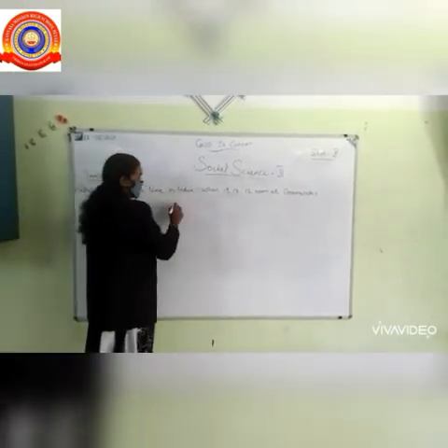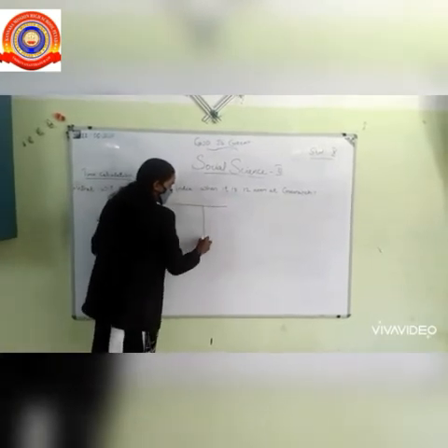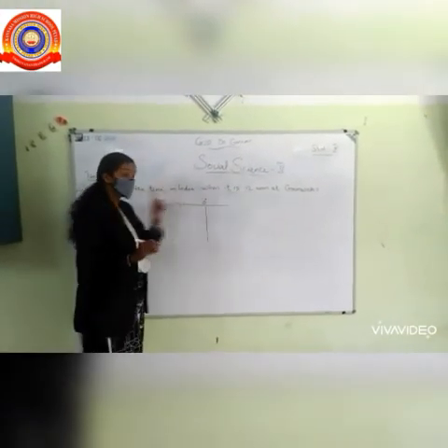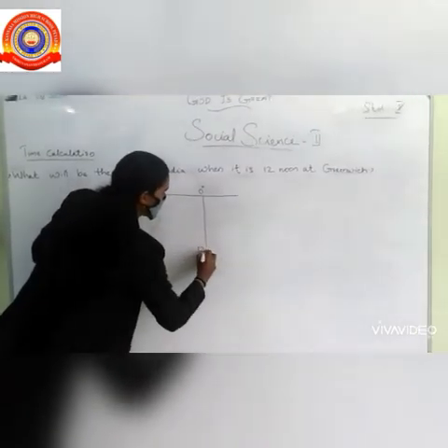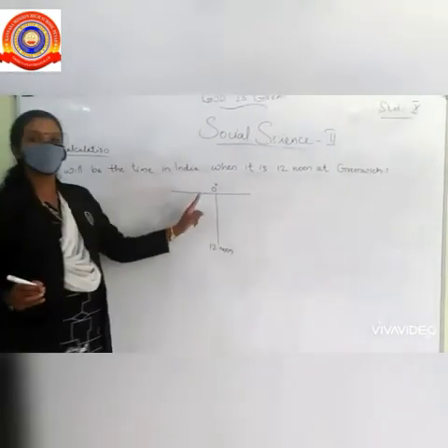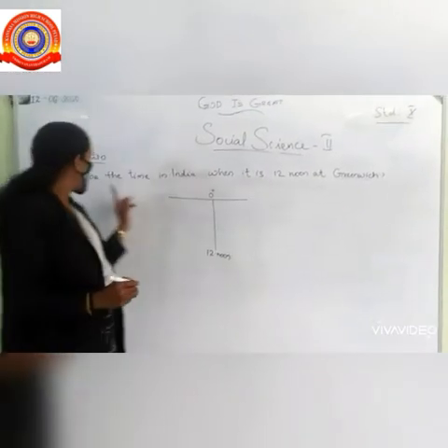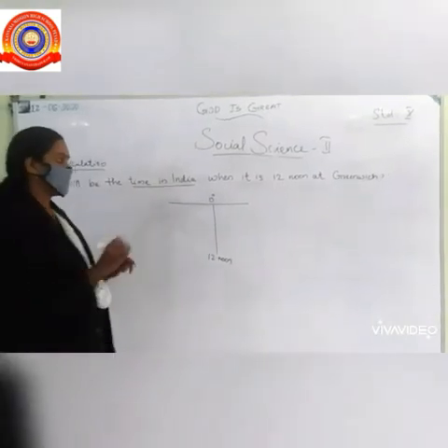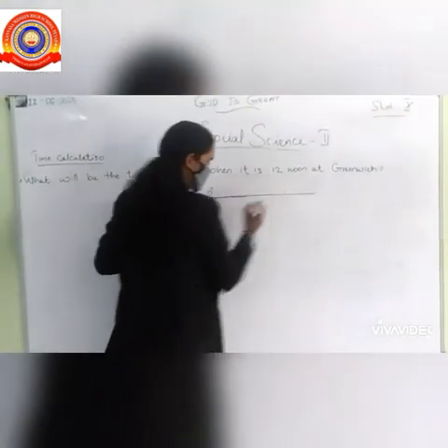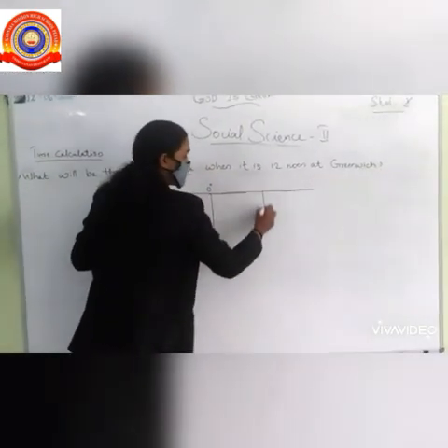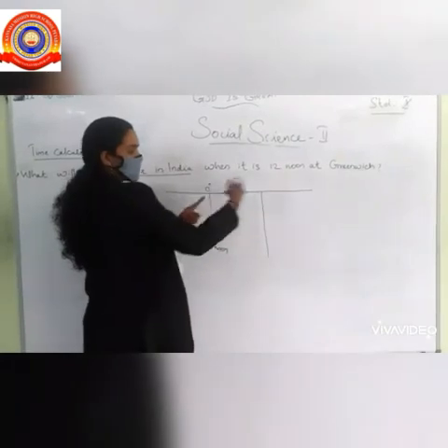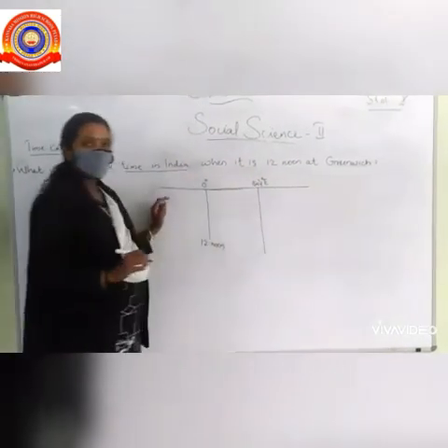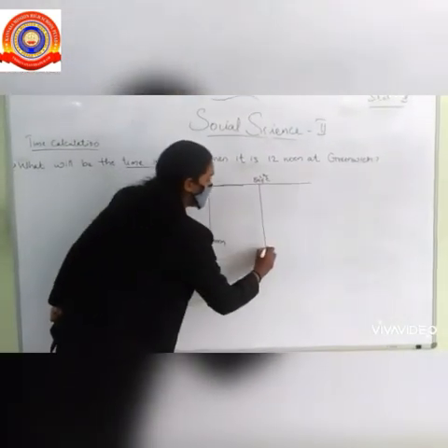Whenever we do a problem for calculating time, first we draw the picture of the Greenwich line and mention its longitude and time there. Then we understand that the time at Greenwich is 12 noon. For finding India's time, we mention India in that figure. We know that India lies 82.5 degrees east of the Greenwich meridian. So we mention India there, and we need to find the time of India.